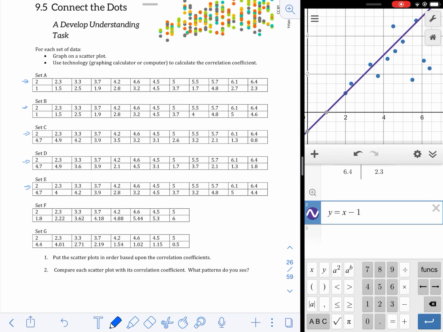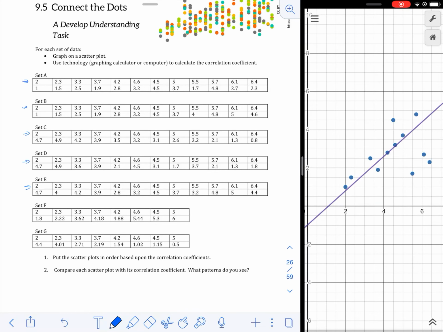Maybe not all of them, but a lot of them. And if I just change a few things here, what if I do 0.9 times X minus 1? Now it goes a little bit closer, so the dots that are on the bottom corner are a little bit closer. And what I'm going to do now is take a little screenshot